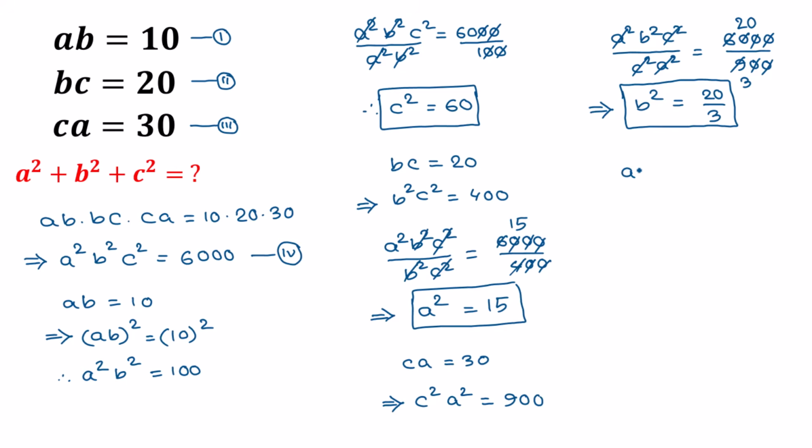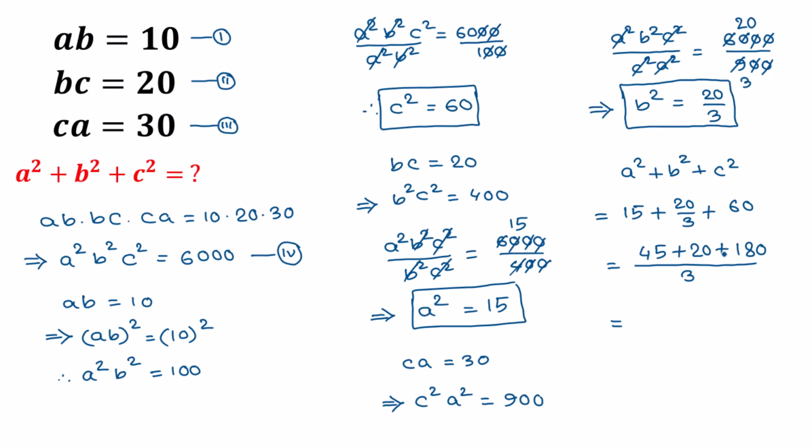So A square plus B square plus C square, this will be, we have A square is equal to 15, so this value is 15, plus this B square is 20 over 3, plus C square is 60, is equal to adding this, here this will be 3, and 15 times 3 is 45, plus this 3 divided by 3 is 1, and 1 times 20 is 20, plus 3 times this 60 is 180,